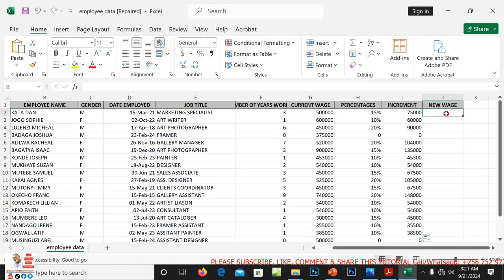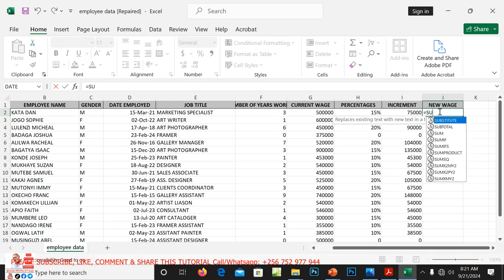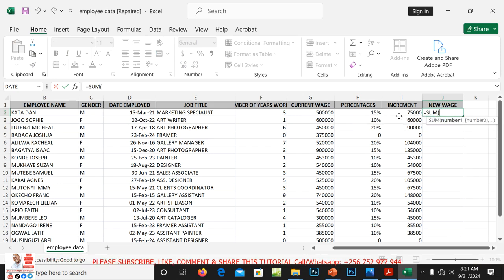So the new wages will be current wage plus the increment. So you shall say equals SUM, open the brackets, G2, comma, I2, close bracket.